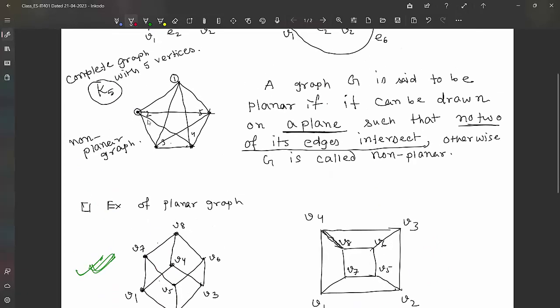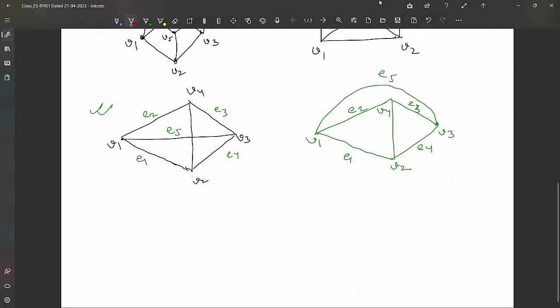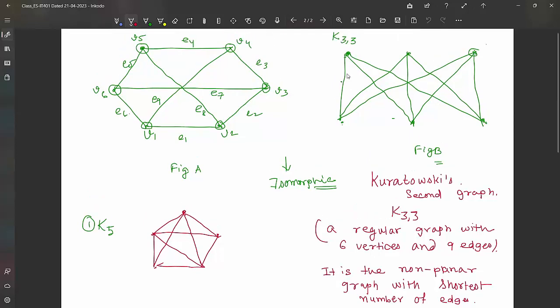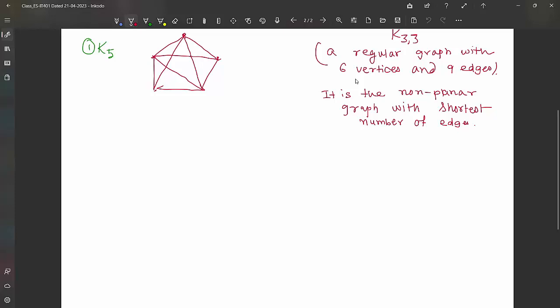That means the first regular graph with 5 vertices. So it looks like the first non-planar graph with the smallest number of vertices